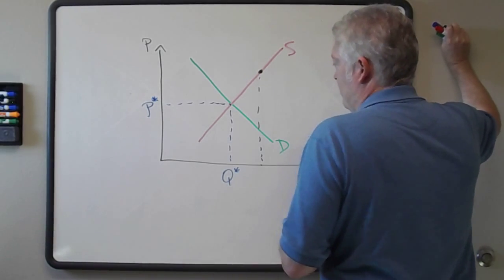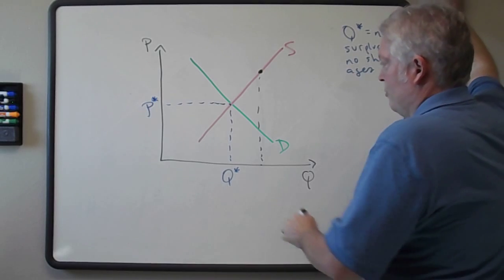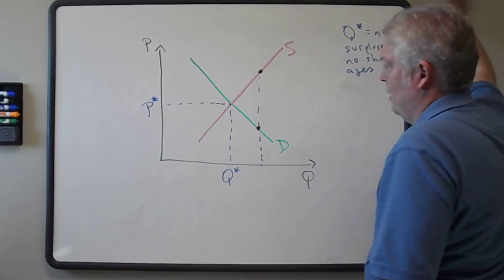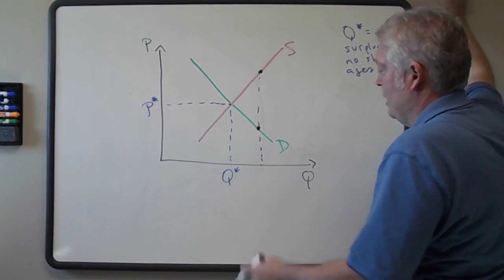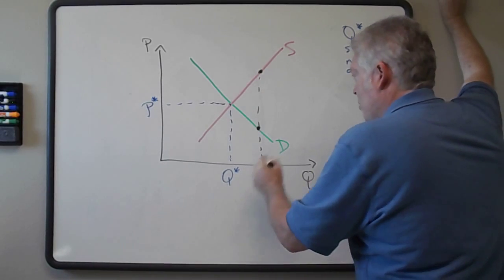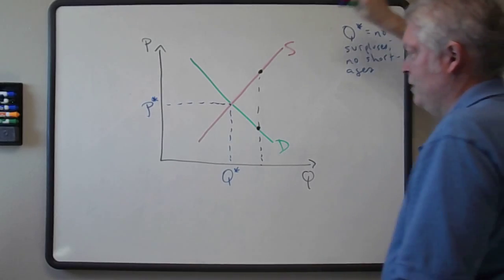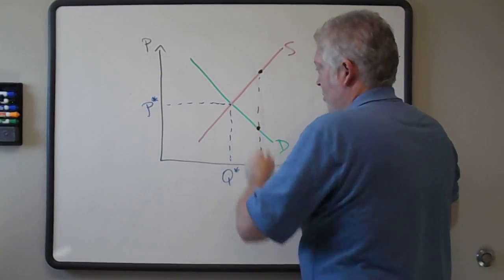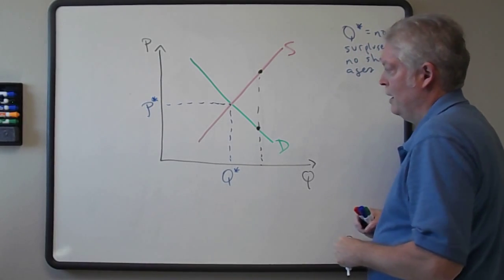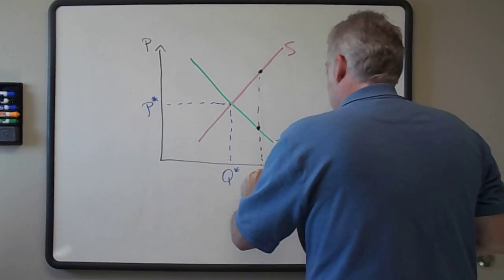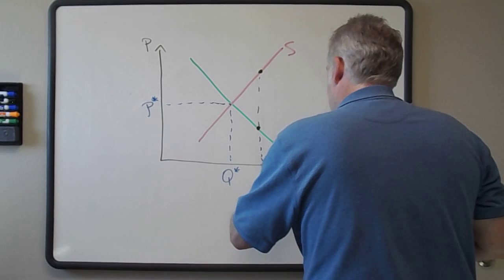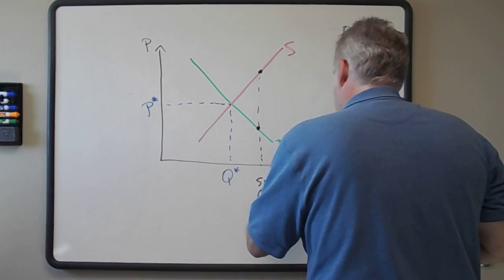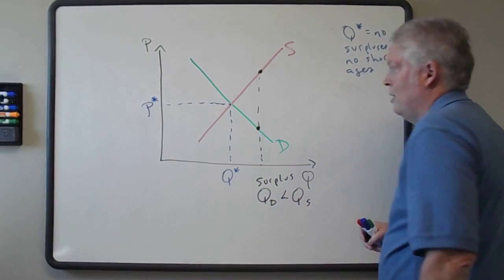And as a result of this, think about this. The sellers are producing this much quantity, but there is not that much quantity demanded at that particular quantity. And so what happens? This is a condition in which we're out of equilibrium. And again, it's easy just to visualize the out of equilibrium condition because we're not at the intersection between demand and supply. So in this case, this is simply a surplus condition, and a surplus is simply defined as a case in which the quantity demanded is less than the quantity supplied.